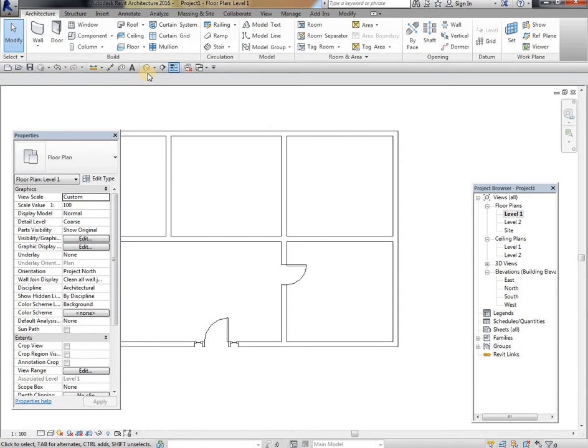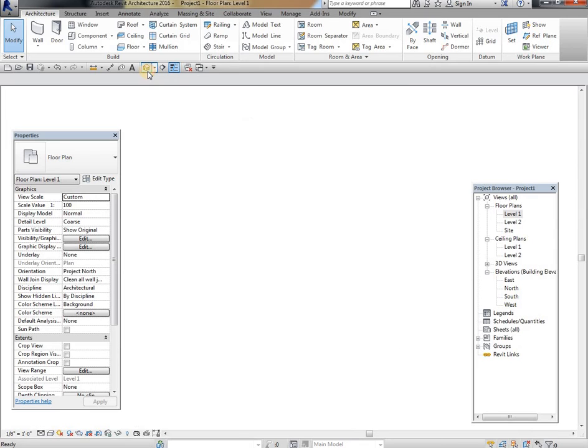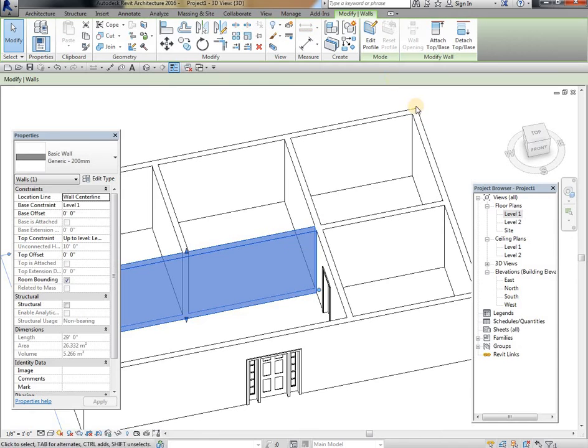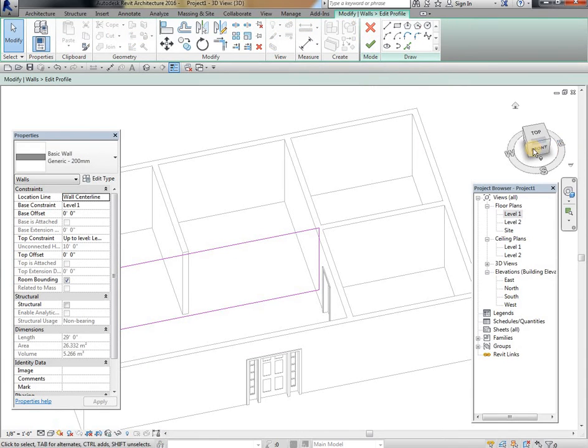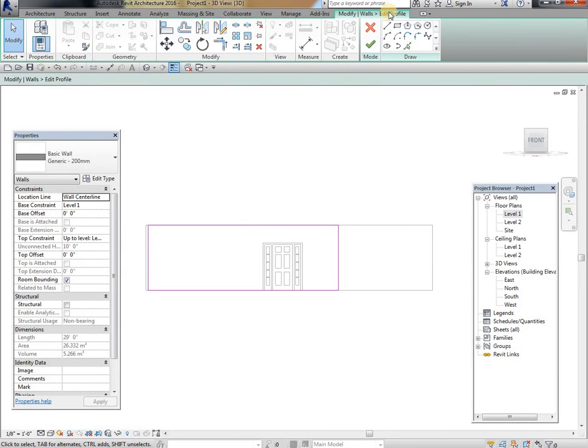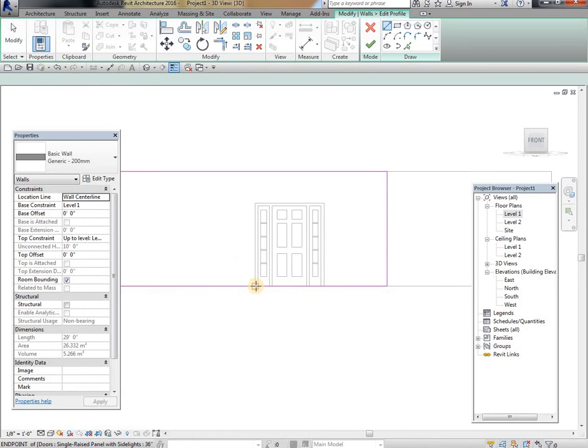Then for example, if you need a customized opening, for that go to 3D view. For example, this is my dining entrance. Select this. Here we have the Edit Profile option. Then go to the view. I just select the line from here to here like this.